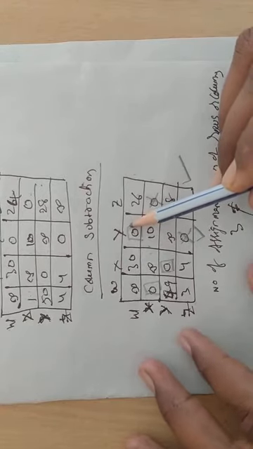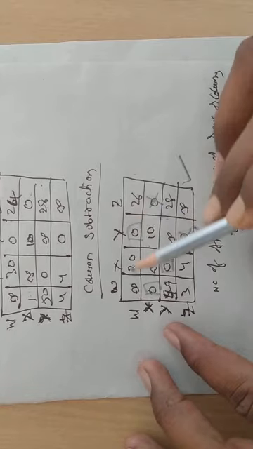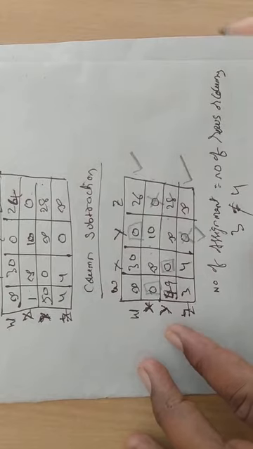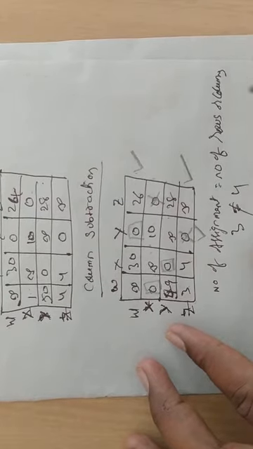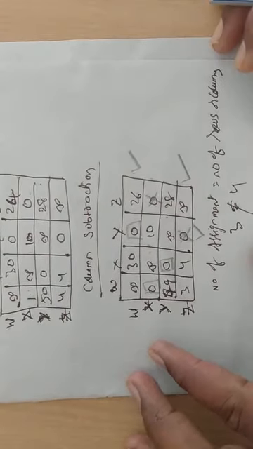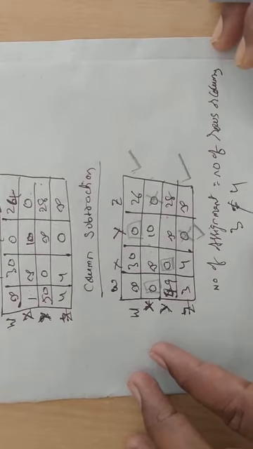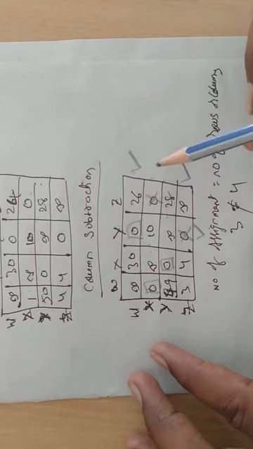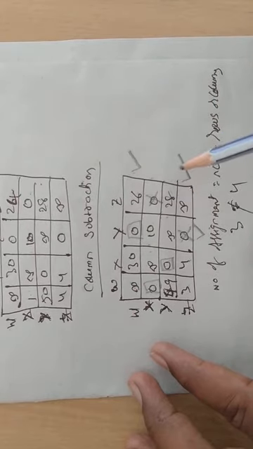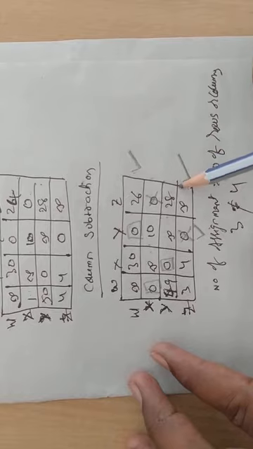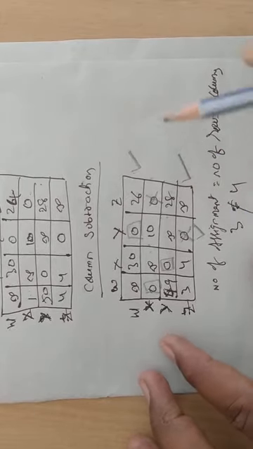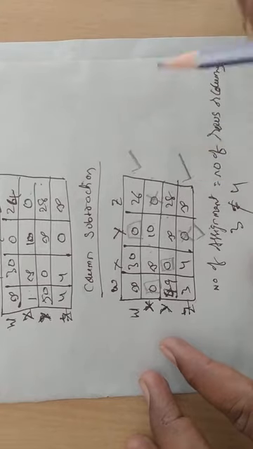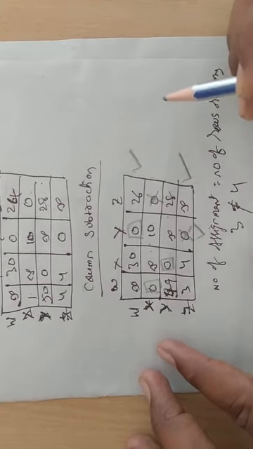So after getting the assignment, put the tick mark against the particular row. Then we can draw the horizontal and vertical lines. First, we have to identify the rows which do not have any tick mark. The first row has a tick mark, the second row does not, the third row does not, the fourth row has a tick mark. That's why two rows are left which do not have tick marks.